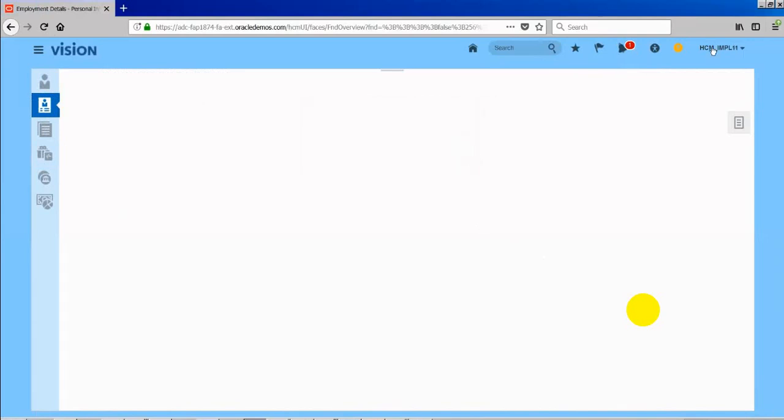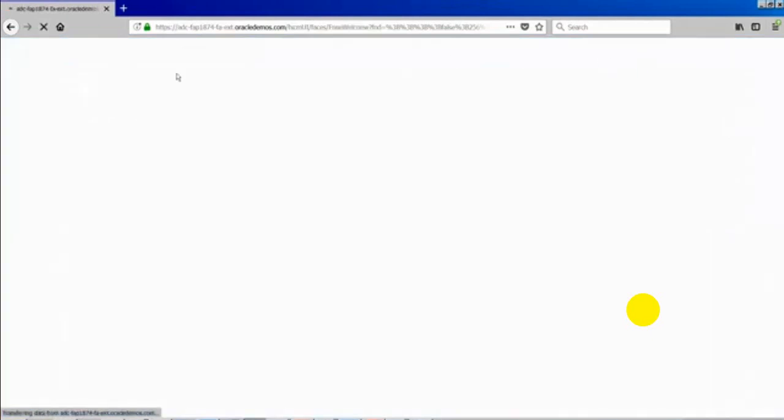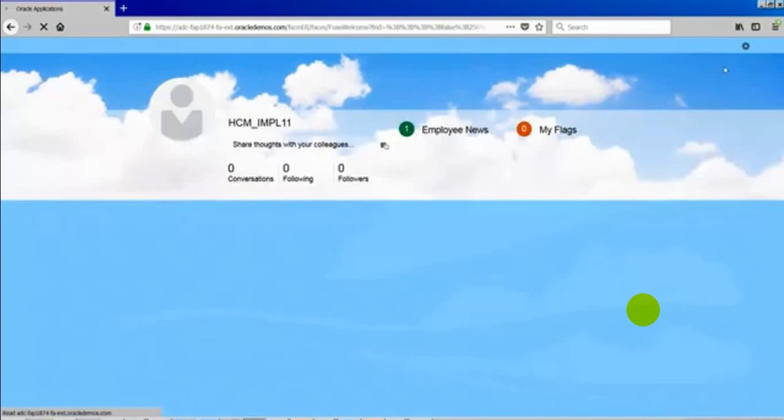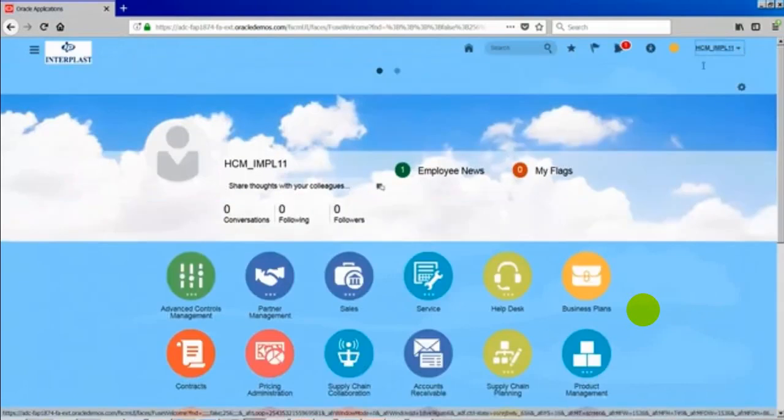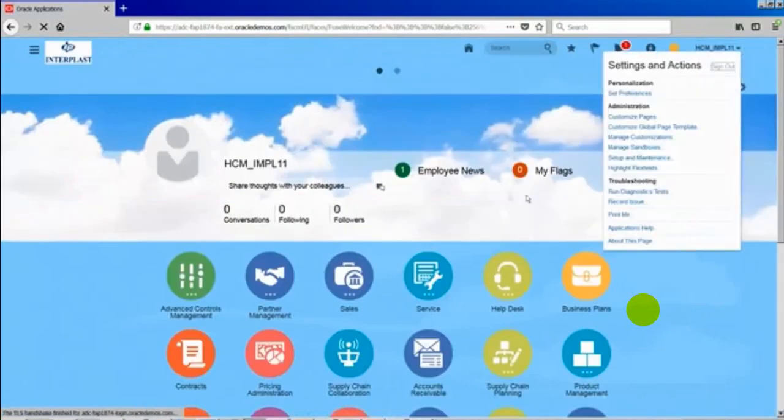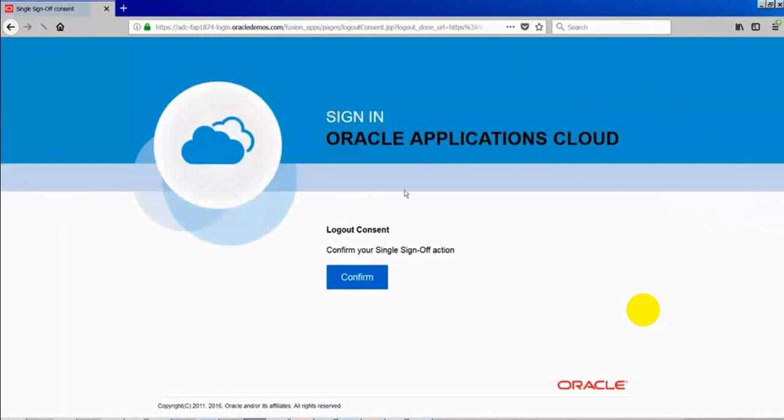Basically, this person is not a real employee. That's why none of the information is coming up. If you log in as a real employee, we can see this information. So typically what happens with the help icon is, let me log in as a real employee so that it will be easy for us to do the navigation.